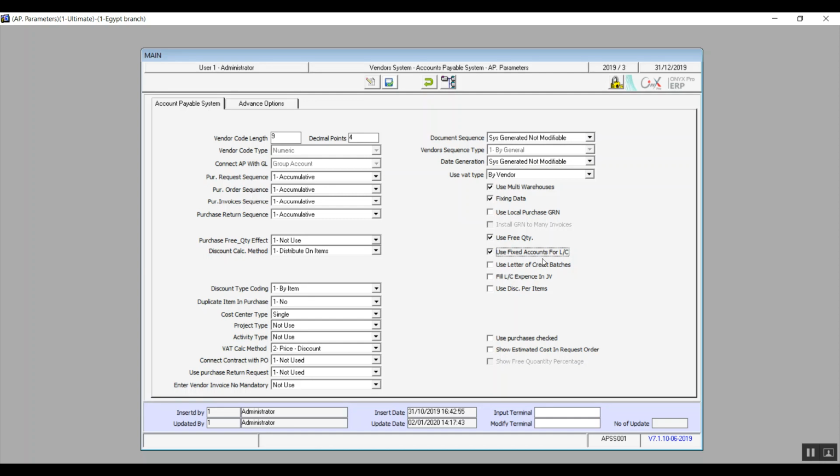Use letter of credit purchase. Here we can receive the letters of credit on several batches, and we can also specify on the letter of credit that it is divided into more than one batch. Fill letter of credit expense in journal voucher. Here the system will allow the user to add the total value of the letter of credit expenses in the